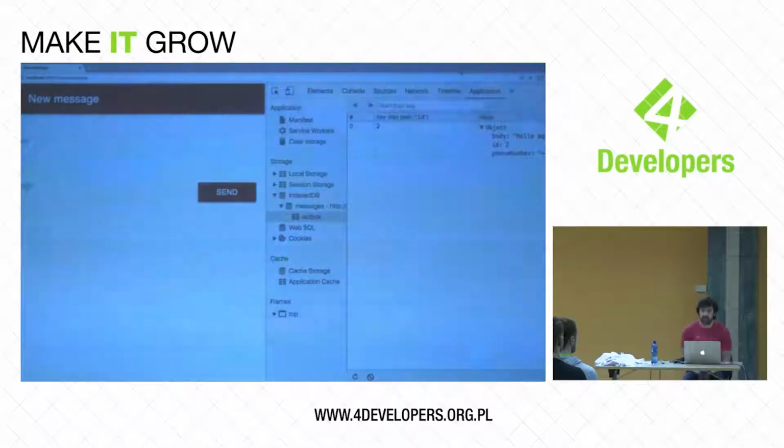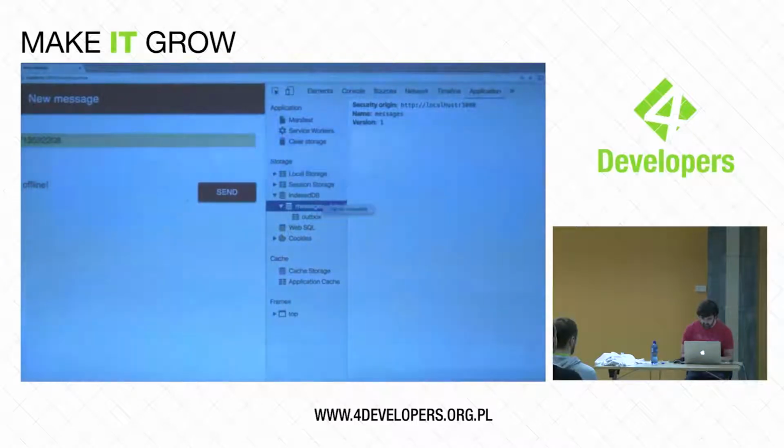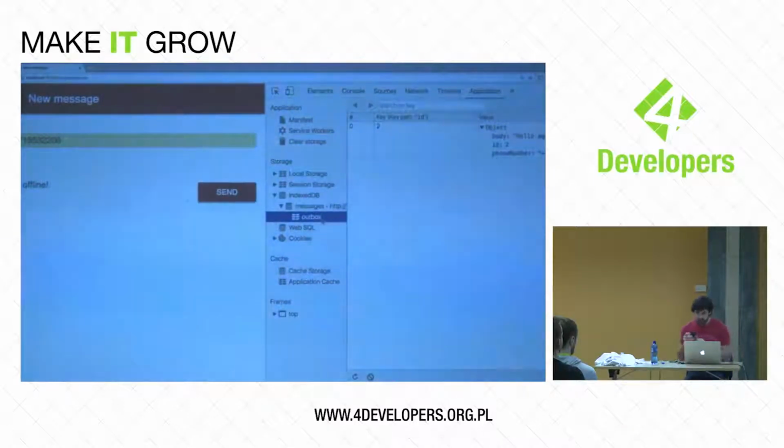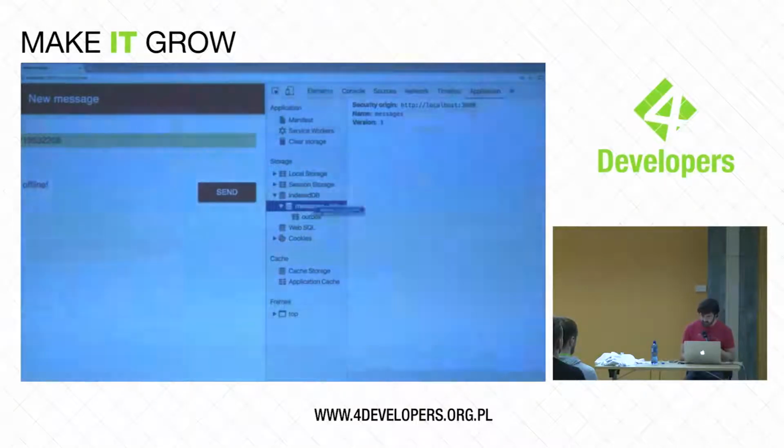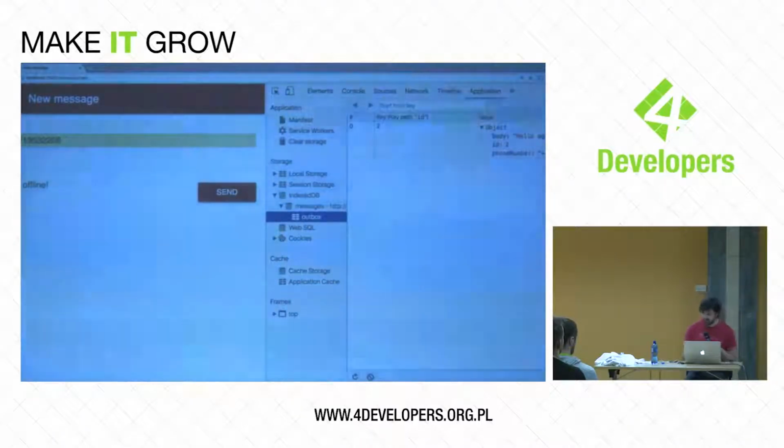So I'm just going to turn the Wi-Fi off to simulate my poor connectivity or whatever, and send this message from offline. If I send that, then we should be able to refresh IndexedDB and see. Oh, IndexedDB, it's never going to work, is it? Yeah. I actually believe it's in there. It's just the dev tools are not that happy.